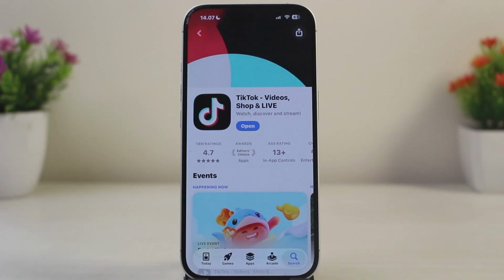How to fix TikTok login problem with Facebook. So hi guys, today I'm going to talk about how to fix TikTok login problem with Facebook. So to fix this issue,